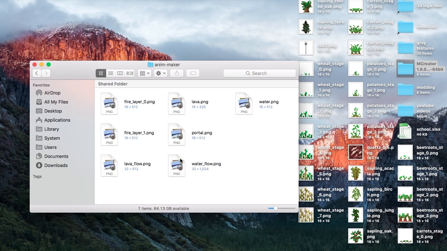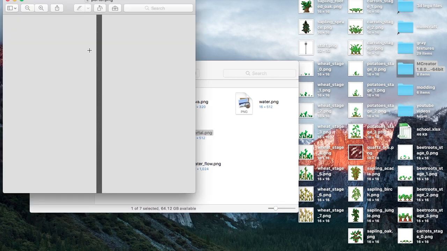The animation maker, it's simple. You should be able to put in your stitched together